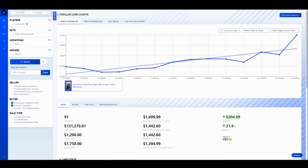And today we are all NBA all the time, because the NBA market is sizzling. I got a few different cards pulled out for us to talk about today, all of which are in Market